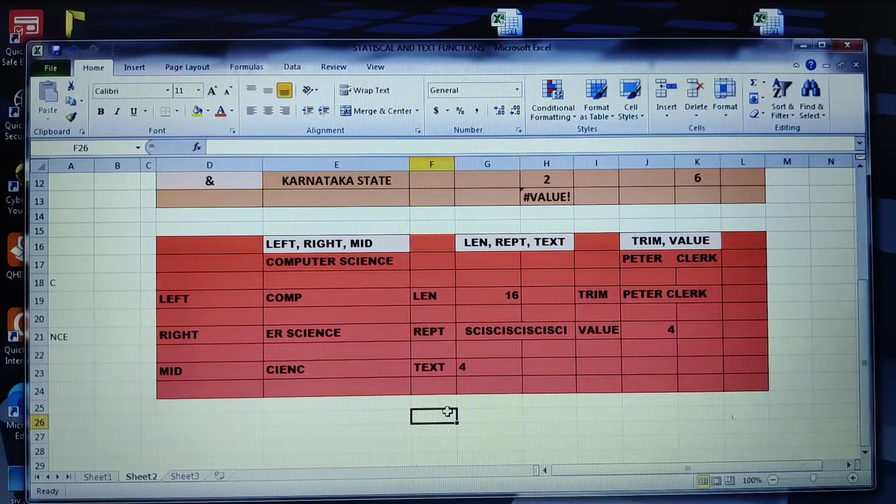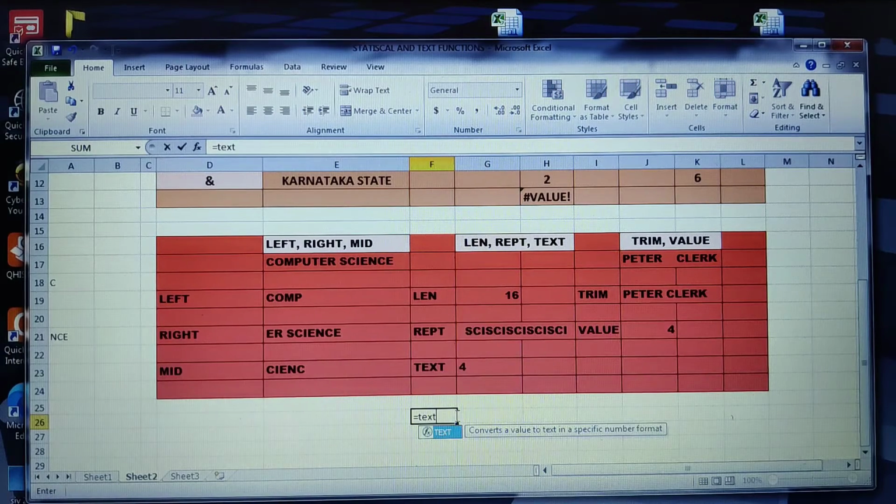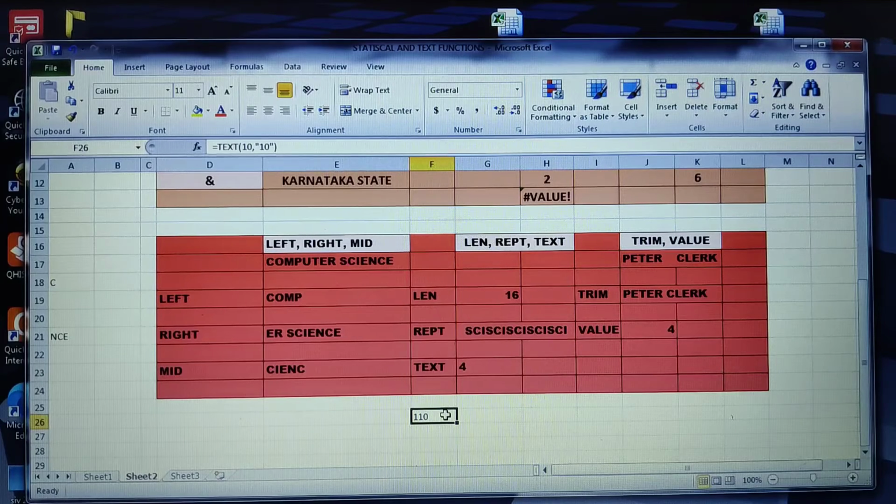So when I place a cursor here, is equal to text function, when I type it, it converts a value to a text in specific number format. So I'll just place a tab here. What value would you like to convert? 10 is the value I would like to convert in the text format. So since the text format is in the double quotes, when I click on enter, I have given as 110.